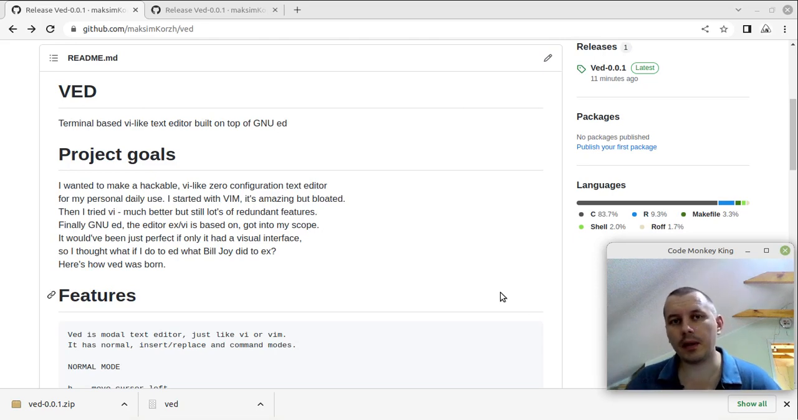maksymkorzh here. In this video I'd like to announce the release of my terminal-based VI text editor that is built on top of the GNU ed command, which I call vi-ed, or VED. So version 0.0.1 is the very basic initial thing. Finally it's something usable. I'm already using this for my